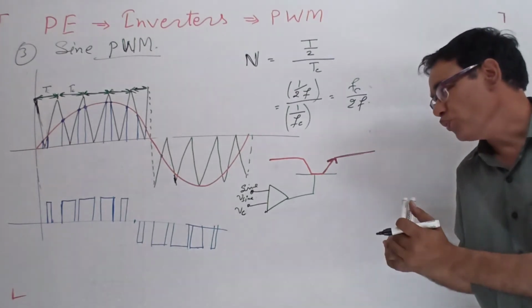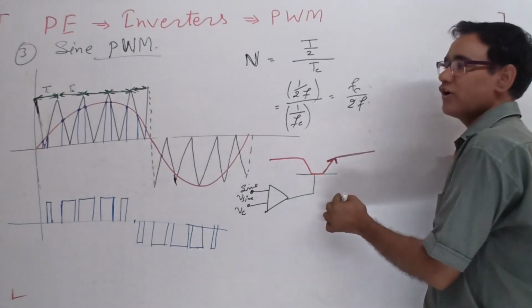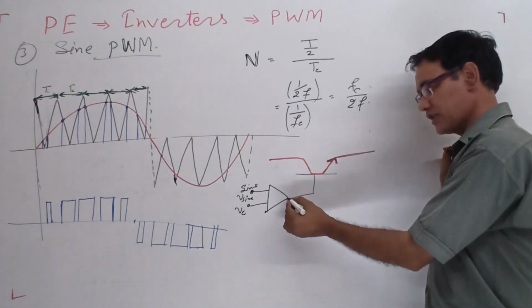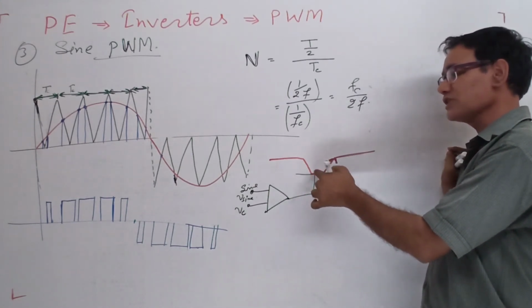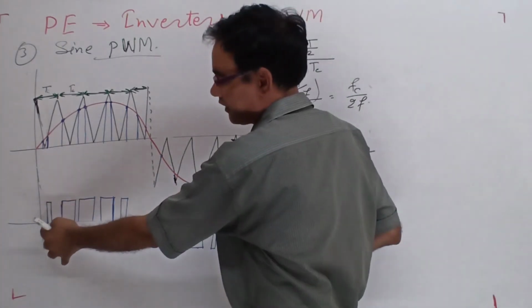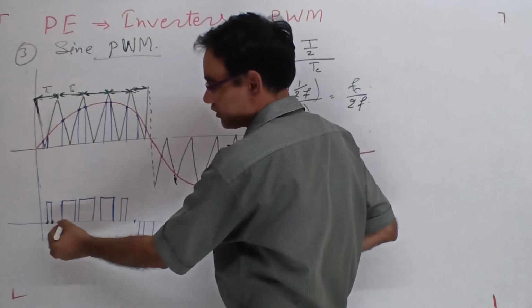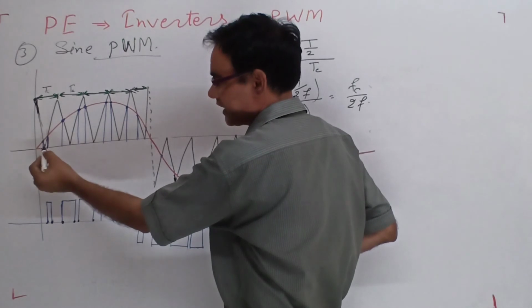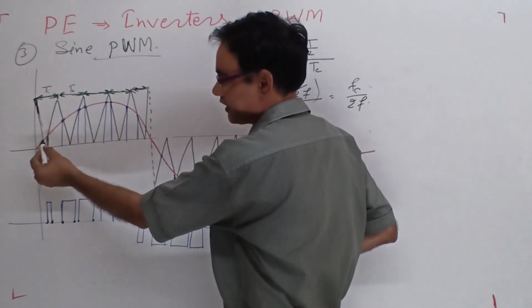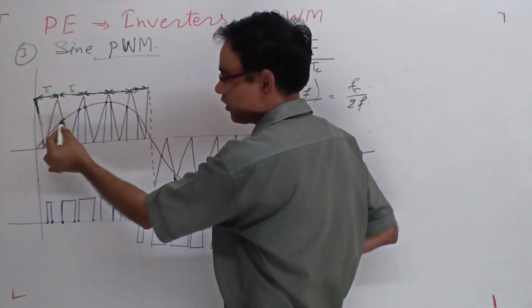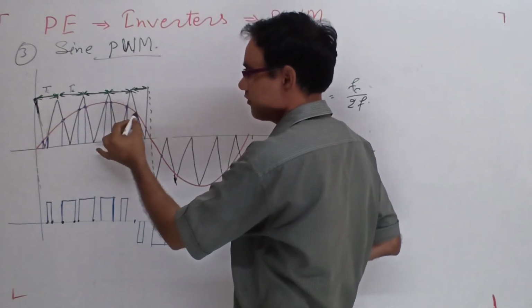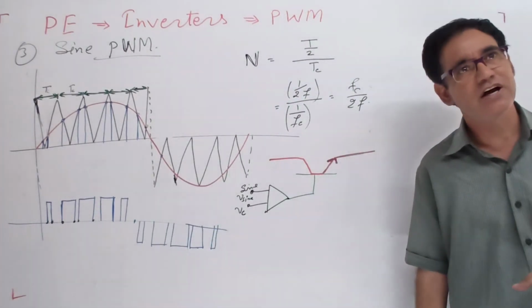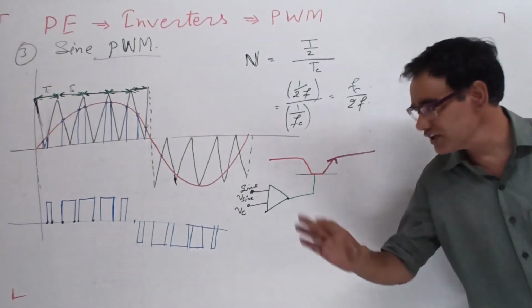So by comparing these two, the on and off signals are generated. As per the generation of the signal, here it is on, here it is off. Here it is on, here it is off. Here on, here off. When the sinusoidal crosses the carrier, the signal is on. When the carrier crosses the sinusoidal, it is off, then on, off, on, off, on, off. So this is the way we are generating the signal, and according to the signals, there is a generation of the wave.